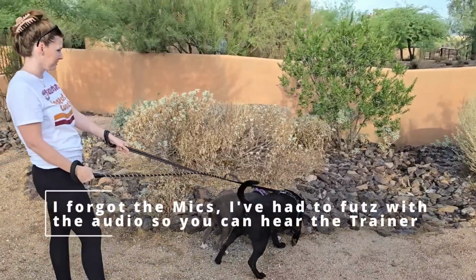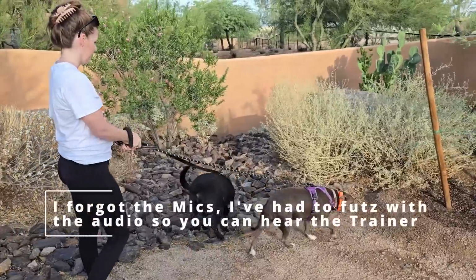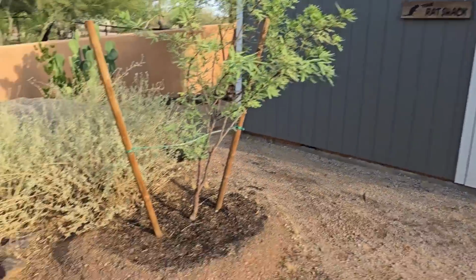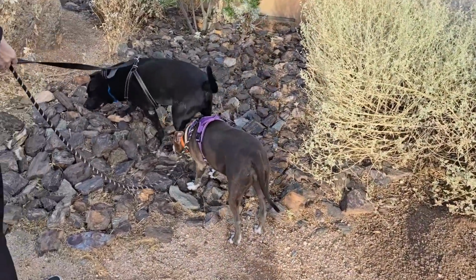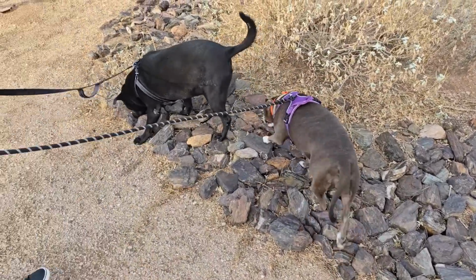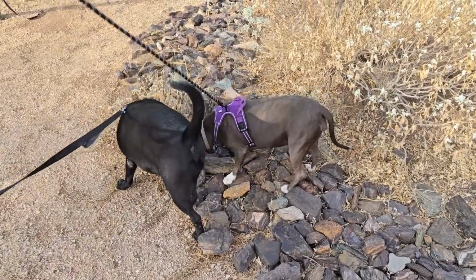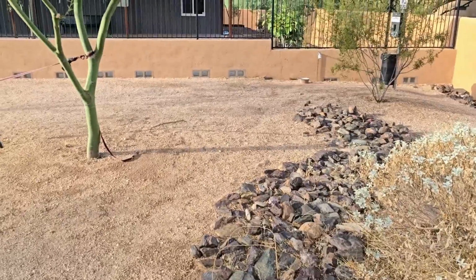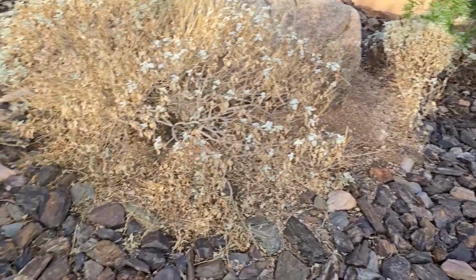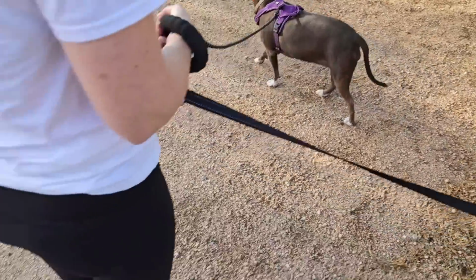Okay, we're at the rattlesnake training facility here. And the gentleman is getting the snakes ready. The rat shack. Yeah, so we're letting them get used to the little area here. Dude's almost out of pee. You notice that they've got snake screens on all the vents so that we don't accidentally end up with a wild snake in here, which is a good idea. Look, there he goes. The smaller snake,